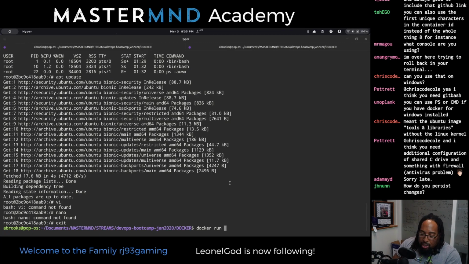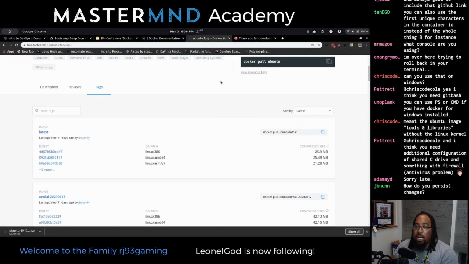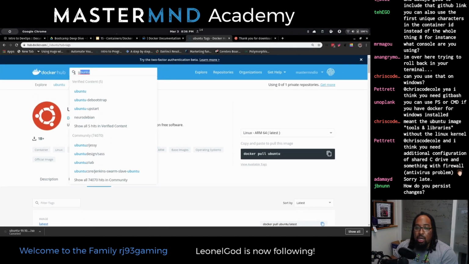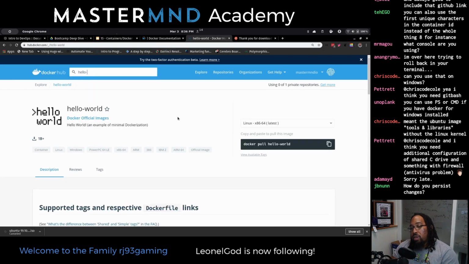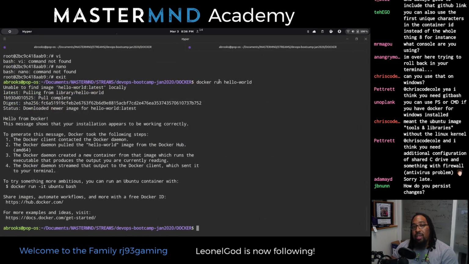So I think if you do a Docker run, like hello world. So I ran Docker run hello world. Hello world is actually a package that exists here on the Docker Hub. Something that we did not go over is that if you run Docker run and you specify an image that is not local to the computer. So you saw me clear out every image, you saw me execute everything, but what you did not see me do is download the hello world image.